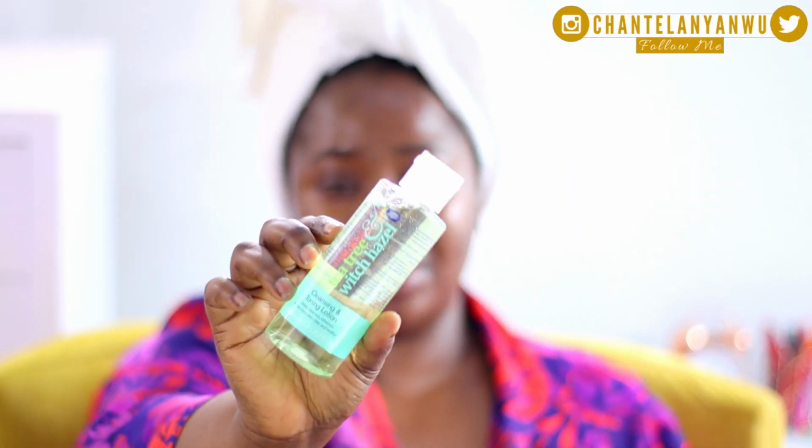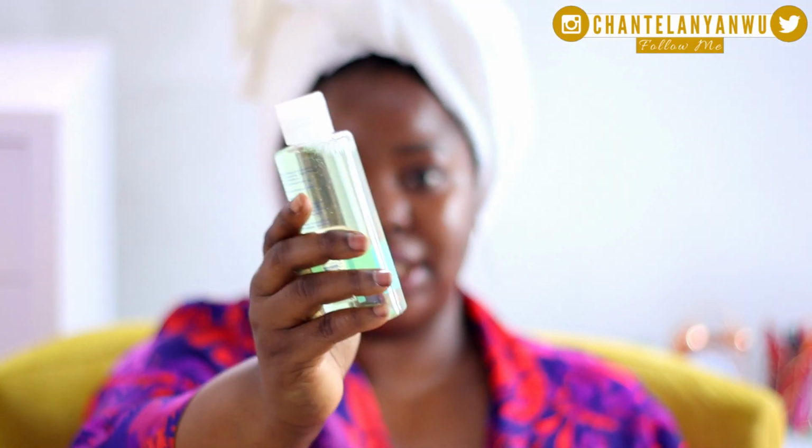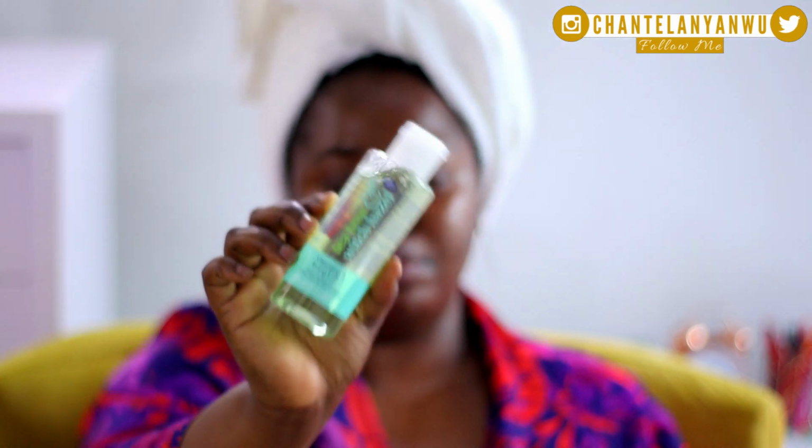The last and final product I use in my nighttime skincare routine is this cleansing and toning lotion from Boots. This is the tea tree and witch hazel one, which I have shown in one of my vlogs. I like to use this on days when I have makeup on. After cleansing with my Clean and Clear Morning Burst, I go over my face with this one